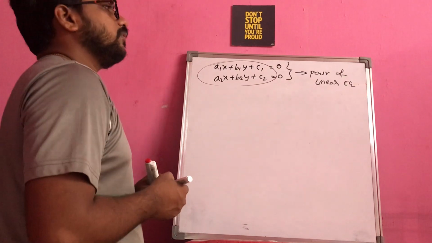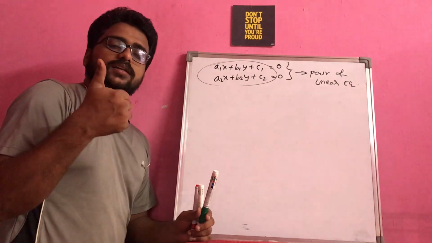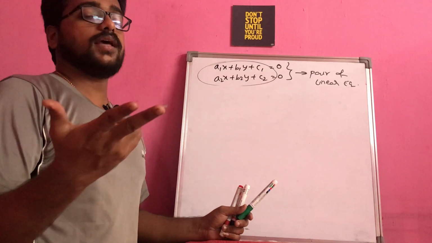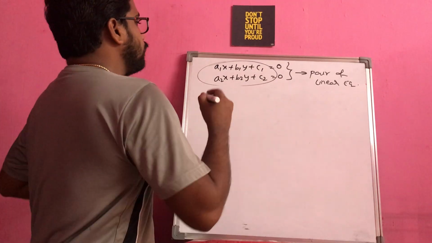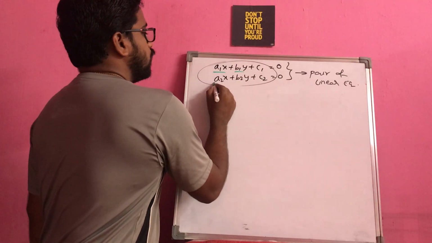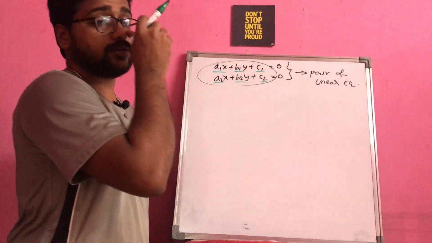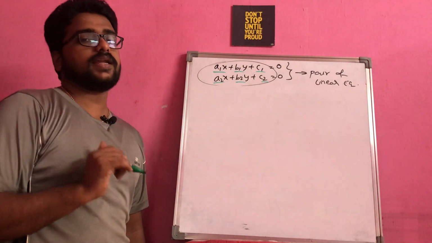Whenever you have lines, how can we tell whether they intersect at a point, or they won't intersect at all, or they have an infinite number of common solutions? So they derived one simple method based on the relation of the coefficients and the relation of the constants, because of which they decided that the lines fall into three different categories.